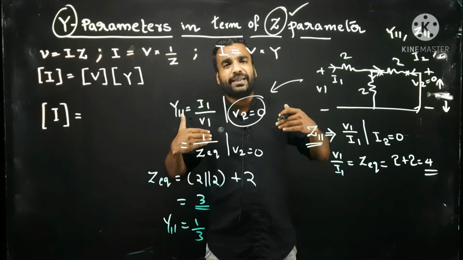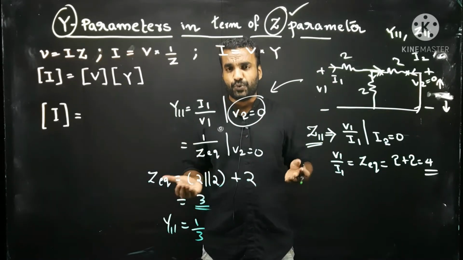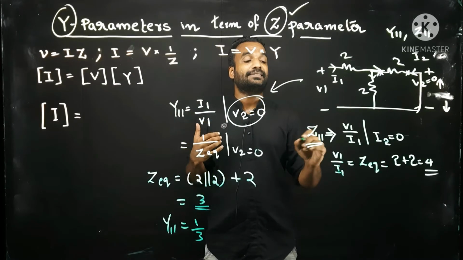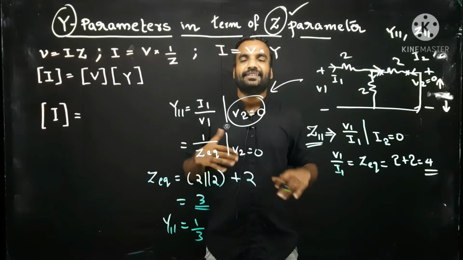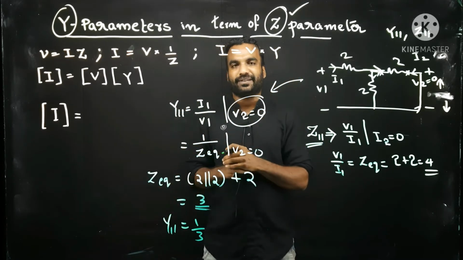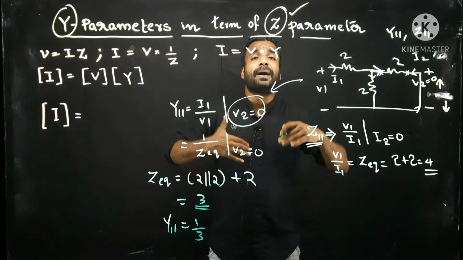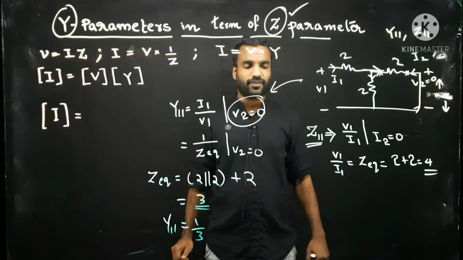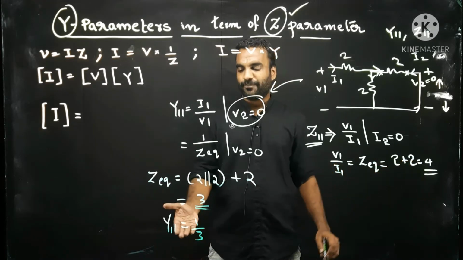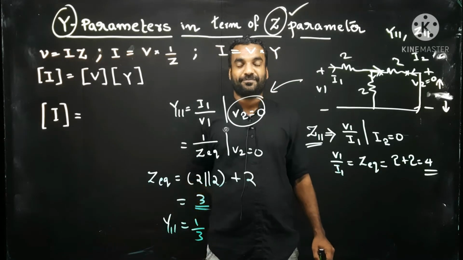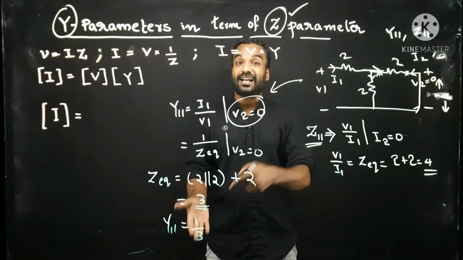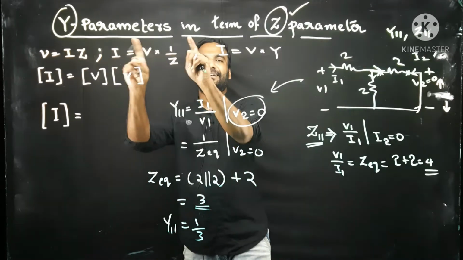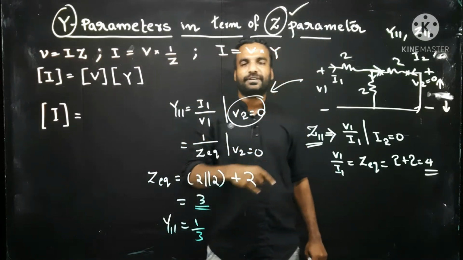So, now I am introducing a new way to you. In that method, we always find all the z parameters initially. Then we convert them into y parameters. So we need some new set of equations for directly converting from z11 to y11. You can see z11 is 4, but y11 is 1 by 3. It is not just the inverse. Some other calculation is needed. For finding that, we need this heading, y parameters in terms of z parameters.